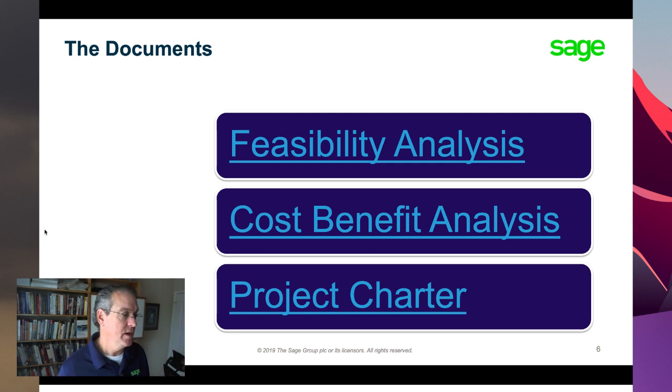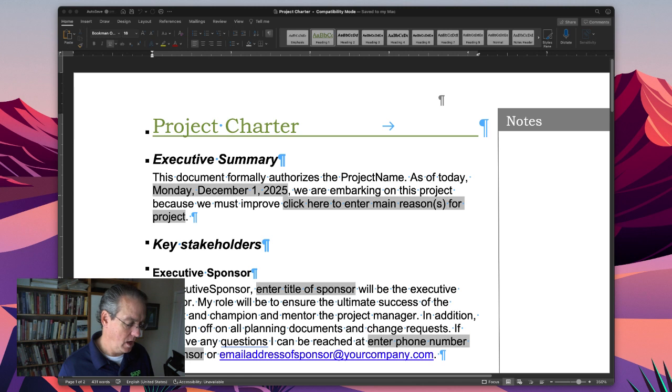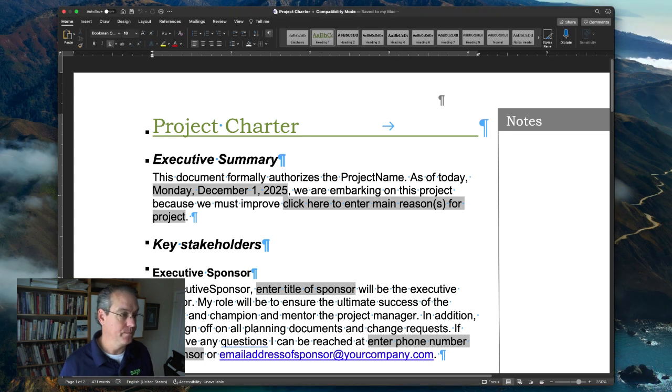But let's look, with the time that we have remaining, in detail at the Project Charter. Now, this requires me to do a little magic here and switch over to Microsoft Word, because that's where this document is. So I believe that's up on the screen now, and now I need to get it on my screen, which would be helpful. And there we are. Okay, so here's the Project Charter.